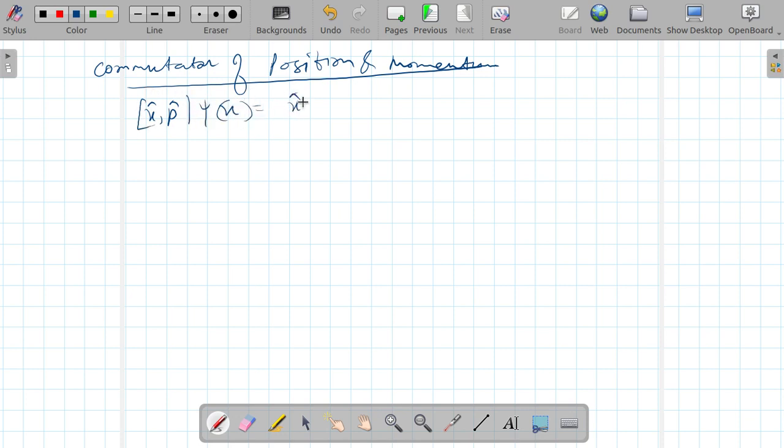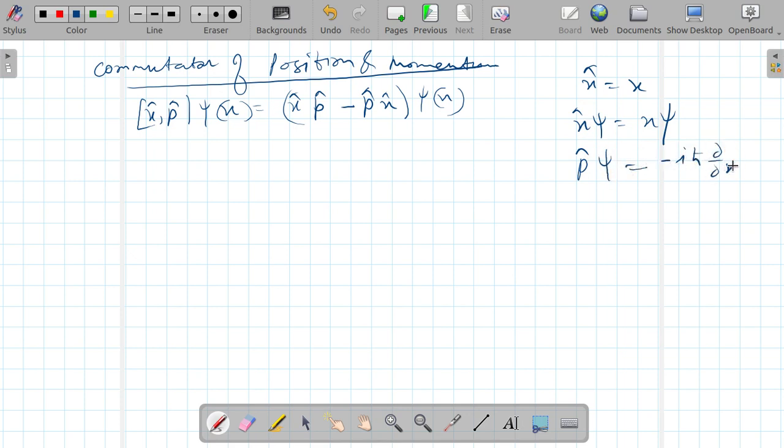Then it can be written as (xp minus px) psi(x). As for the eigenvalue of the operator, the x operator acting on psi gives x psi, and similarly when the p operator operates on psi, it is minus i h-bar del over del x of psi, corresponding to the x component. So keeping all these things in mind,